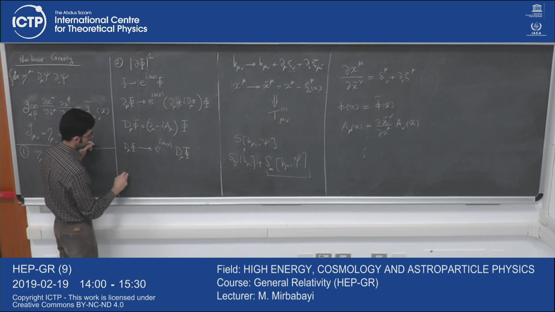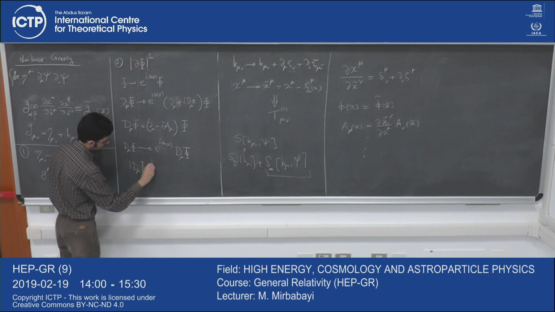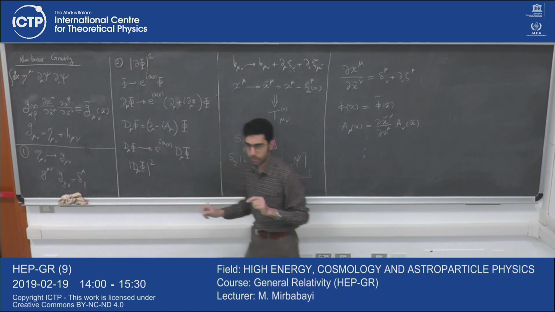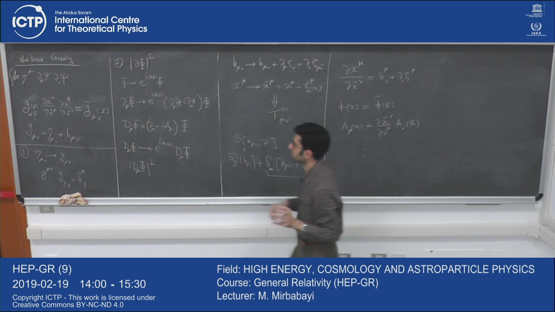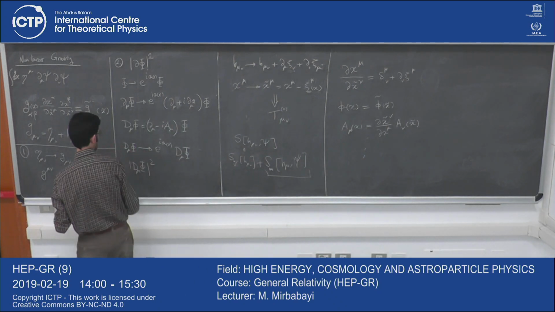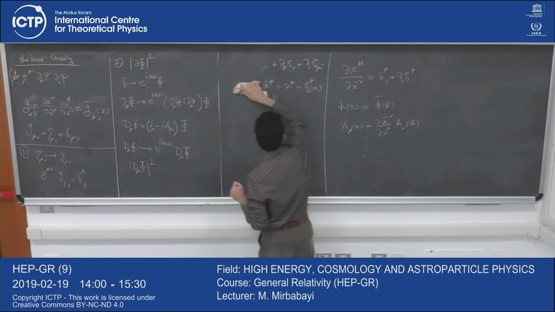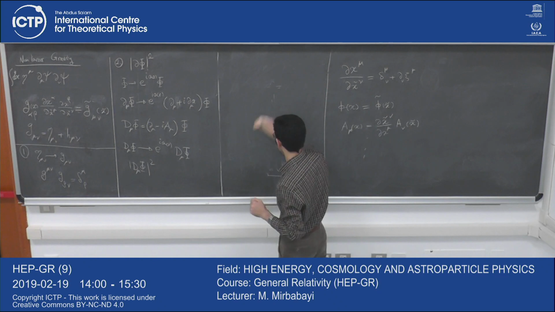And therefore, if I write the covariant derivative of phi norm squared, then that would be invariant. So there is a similar story here. If I have derivatives of vector fields,